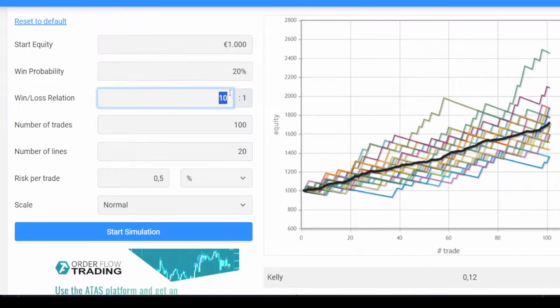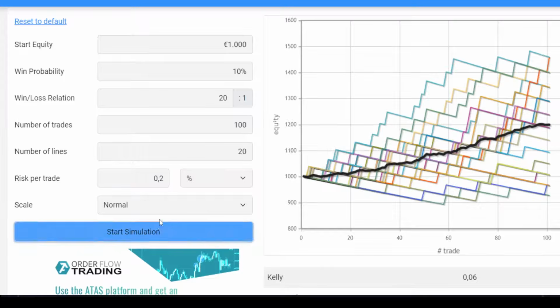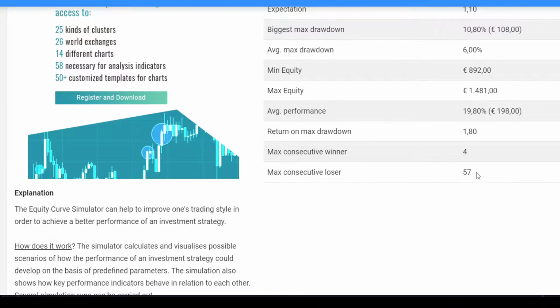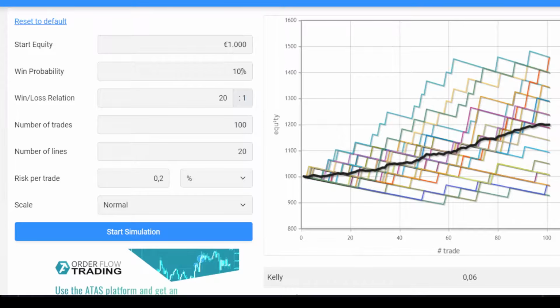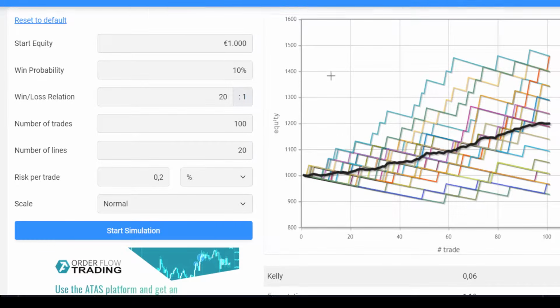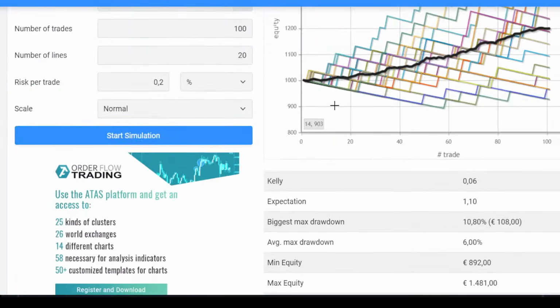You could even go to something like 20-to-1 risk reward and a 10% win rate and apply these same principles. And so we can start to see here a 57 loss streak on this system. I mean, I say kudos to you if you're... yes, any trade system can produce